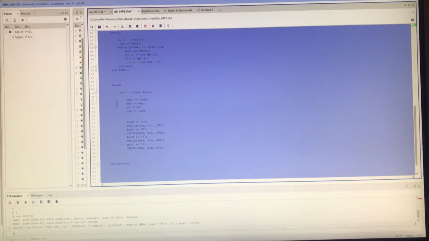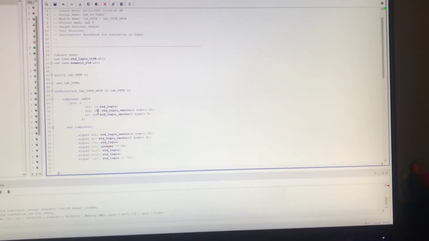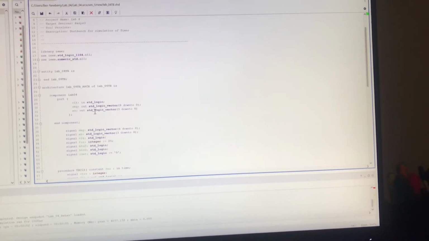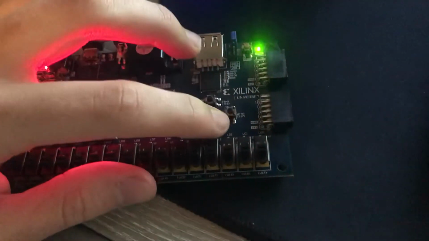Then the test bench looks the same. It's just the simulation file. And here we will show, so the center button will start it,